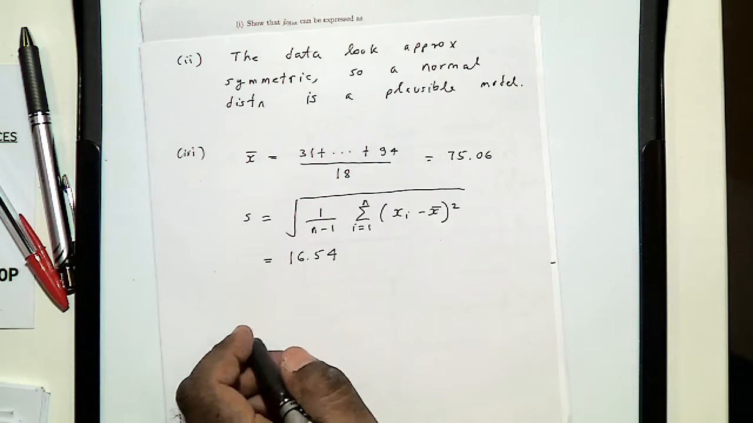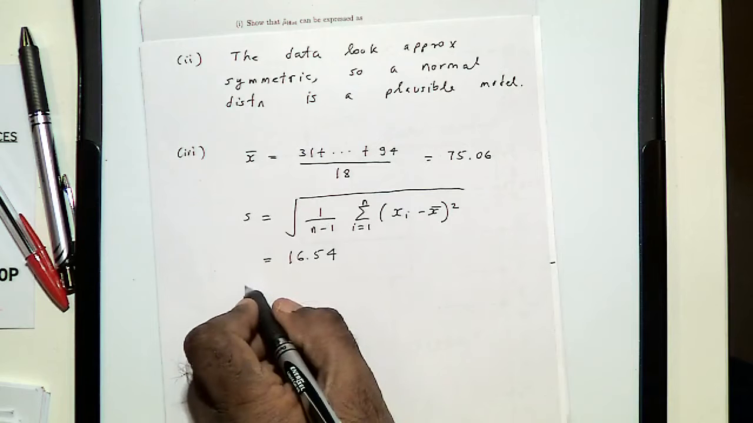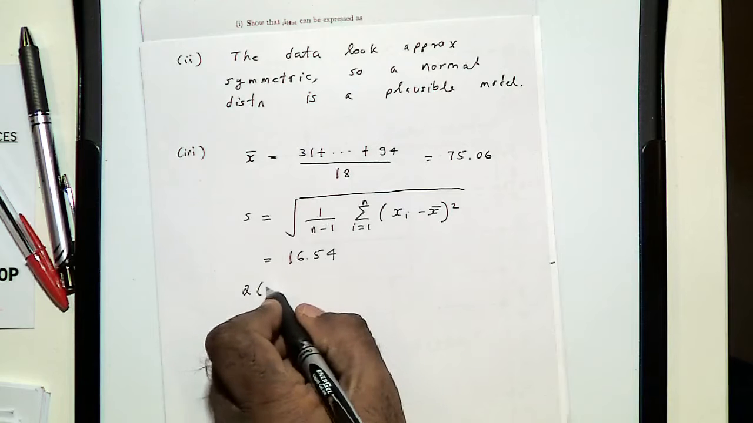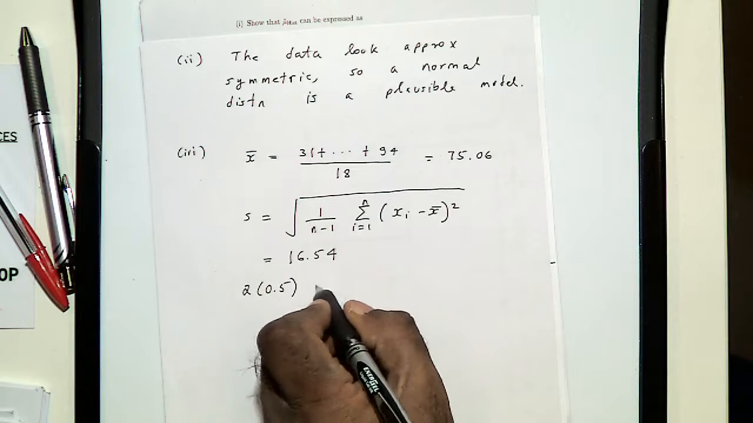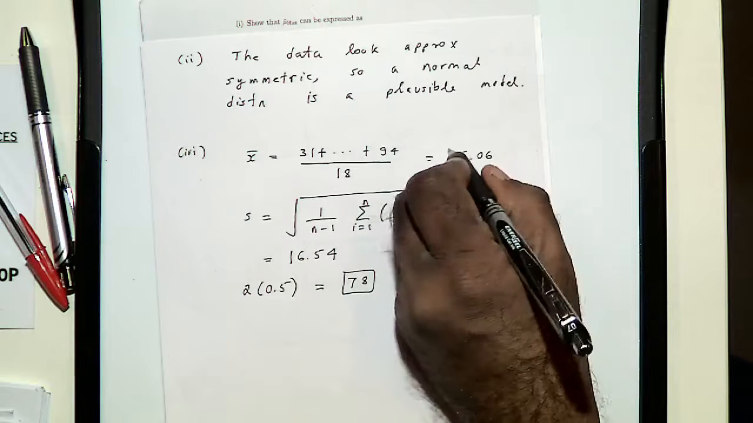And remember, just to recap, the median was equal to 78. So this is 78, but the mean is